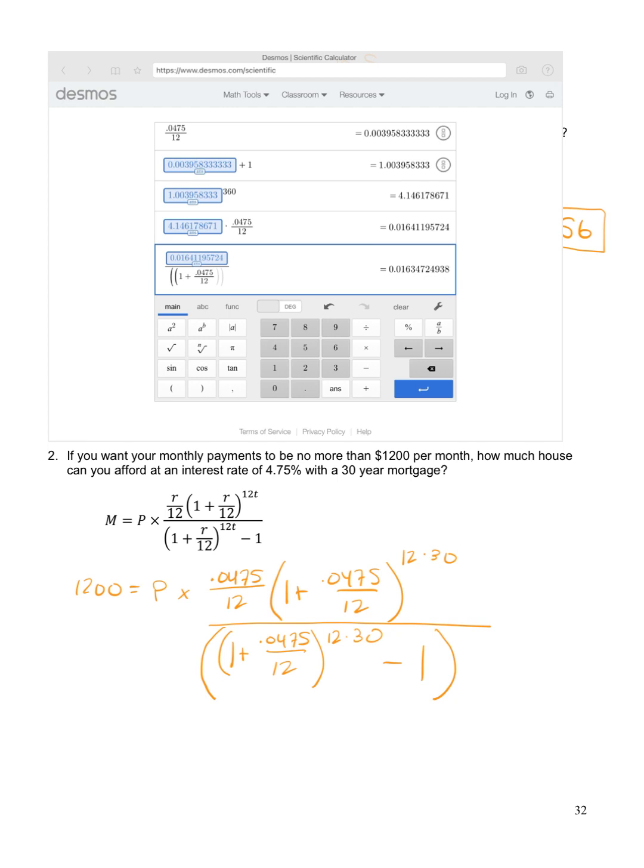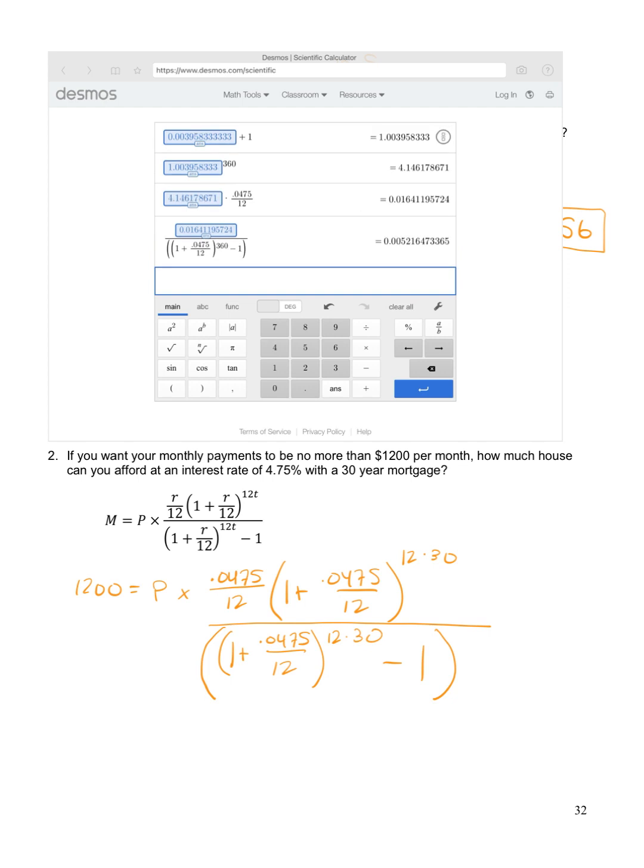And then I'm going to do a to the b. 12 times 30 is 360. And then use the arrow to come out of the exponent and hit minus 1. So I've got the whole thing typed in. I did the numerator in multiple steps, but I did the denominator all in one step. And just made sure I typed it in just as it's shown on the paper. Hit enter, and I get